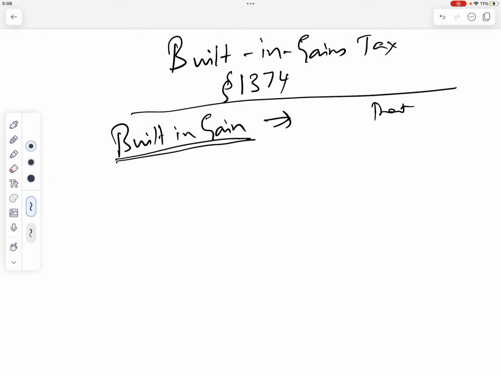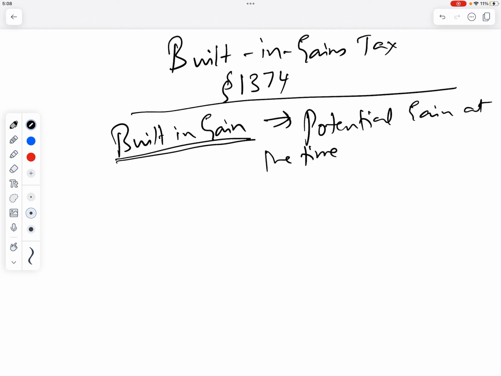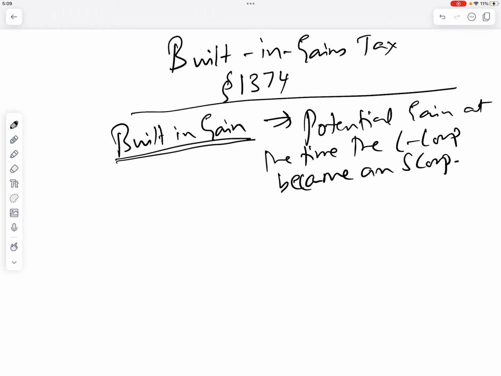exists, or let's say it's the potential gain at the time the C corp became an S corp. Okay, so that's what a built-in gain means. Okay, in other words, it's like, what is the gain? Remember, when